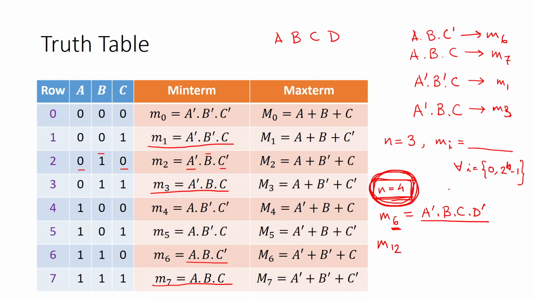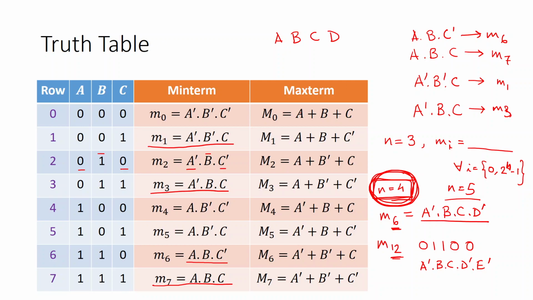So if I suddenly tell you give me m12 and I have 5 inputs, what you will do is express 12 in terms of 5 bits. What would be 12 in terms of 5 bits? 12 is 0 1 1 0 0. Am I correct? Yes, I am correct. So your m12 basically is A dashed, B, C, D dashed, E dashed. That is your m12. So no need to remember, you simply need to understand how the min terms are constructed.